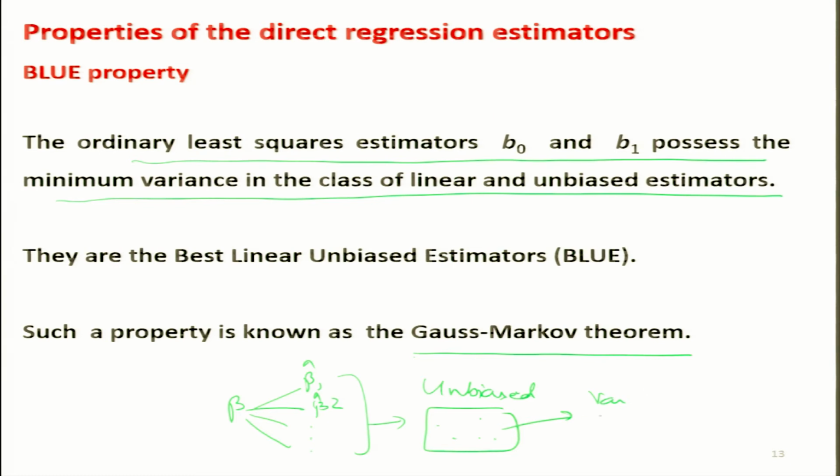Then you will see that out of these estimators, the estimator based on ordinary least squares estimation, say B, will have the smallest variance. So, this property assures that the way you have computed the values of beta 0 and beta 1 using B0 and B1 gives you a value which is unbiased and which has the minimum variance.